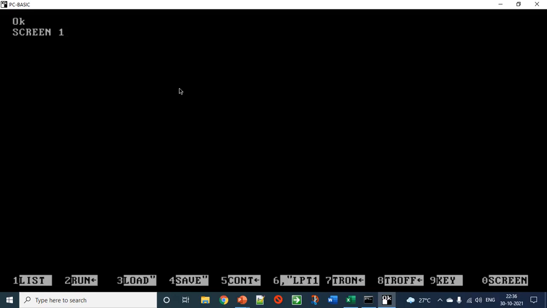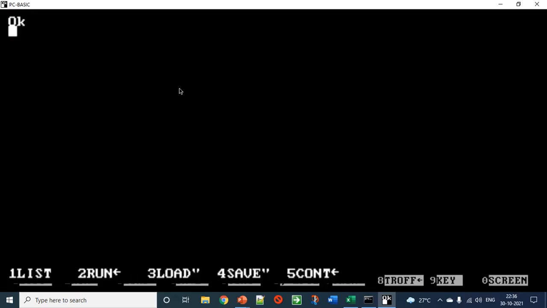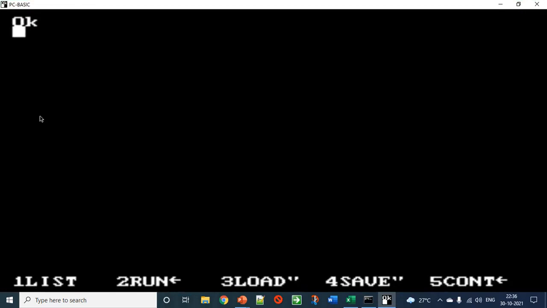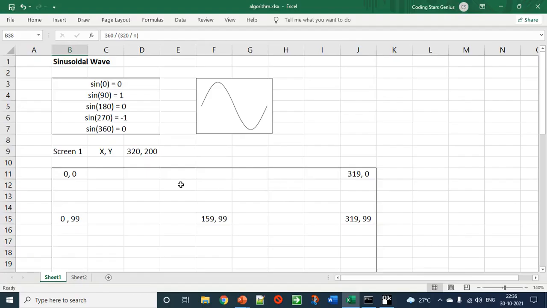When I say SCREEN 1, you see that the layout itself got changed. Let me resize it so that you will understand. See, this is the layout. Now coming back to our explanation.